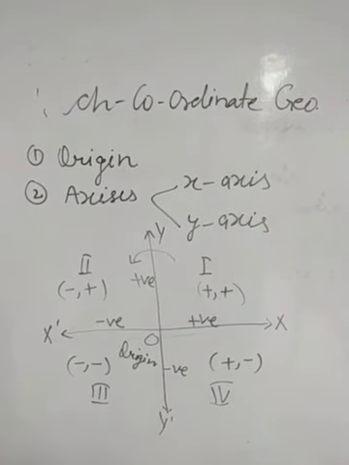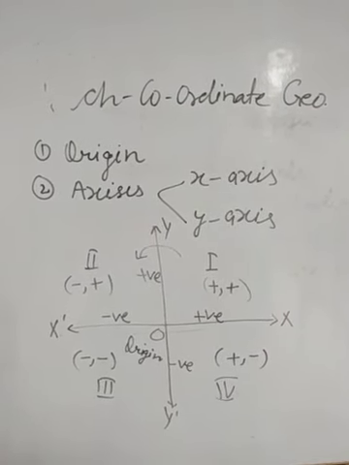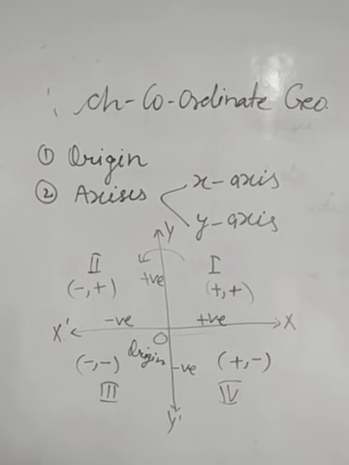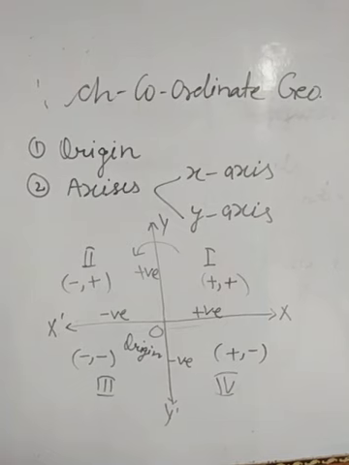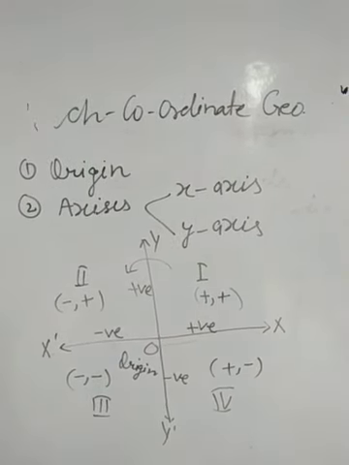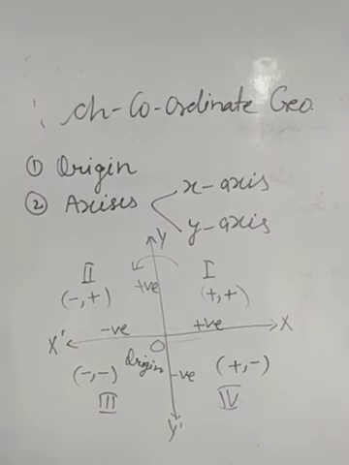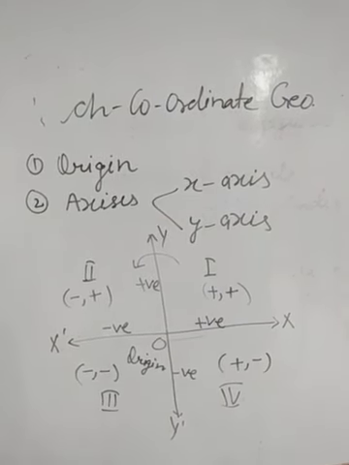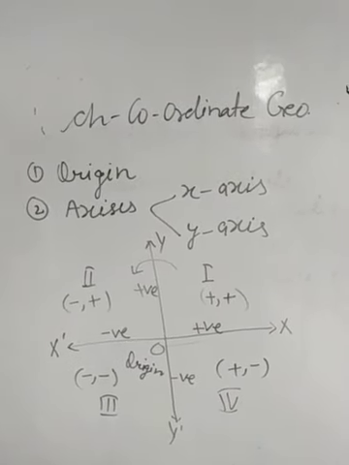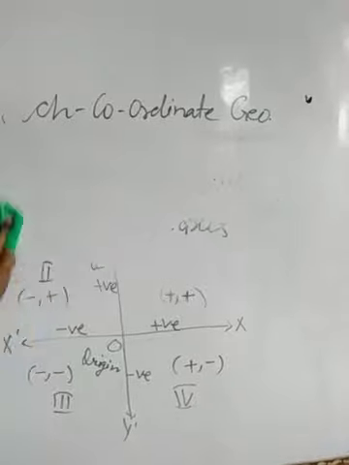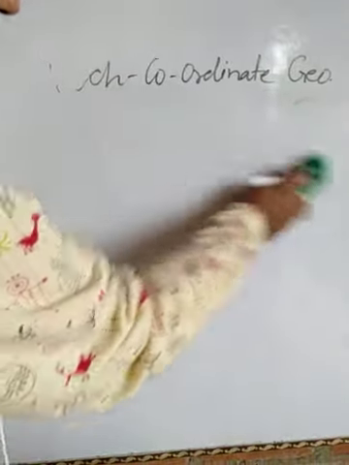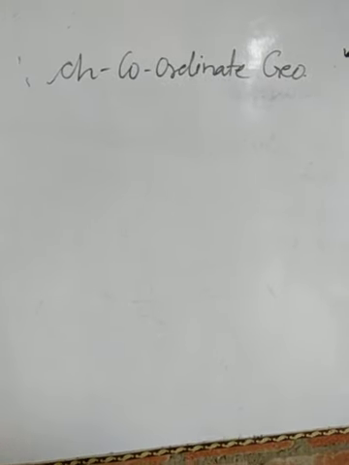This is the way to understand in which quadrant which sign will be positive and which will be negative, right? This is the fundamental concept of coordinate geometry. If you are getting this, you can explain the points, you can locate the point, right? After completion of this, now we are going to the next step, how to locate a point. Okay, got it? For any query, you can ask me by WhatsApp or by email. Things are very clear and simple, it's not so typical.